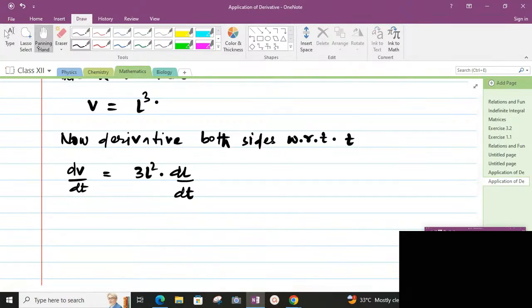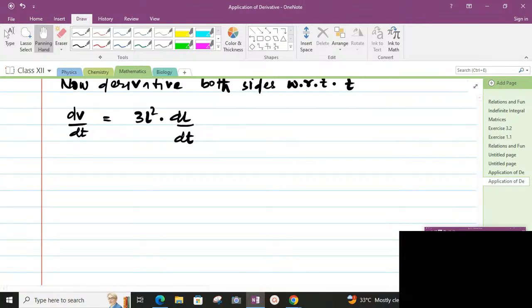Now putting the values of l and dl by dt,